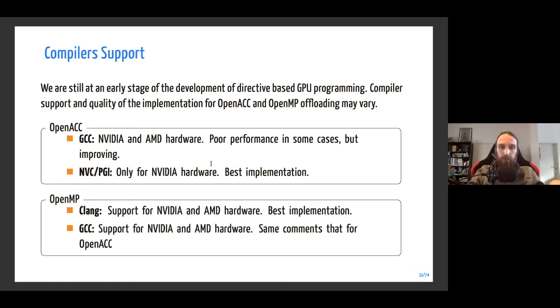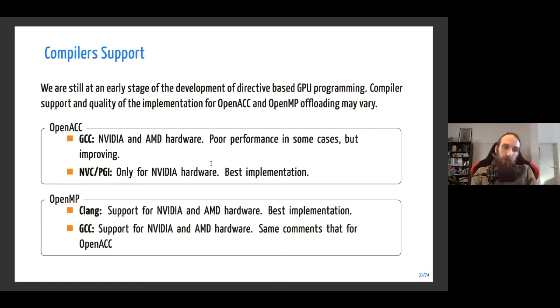In particular for AMD hardware, there is a huge progress that has been made, because some company has been paid by the Americans to optimize GCC for AMD hardware. As we will have LUMI with AMD hardware, the Americans in the United States will also have a big AMD supercomputer, and they need to target AMD hardware using GCC. So they're paying some company, I don't remember the name, to implement this support in GCC. So you may expect that the support of OpenACC and OpenMP offloading with GCC will improve in the following years.